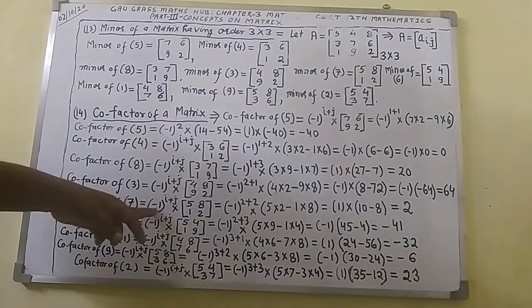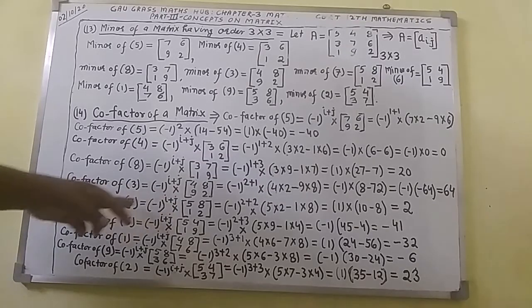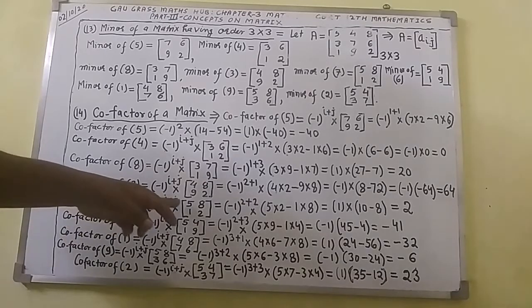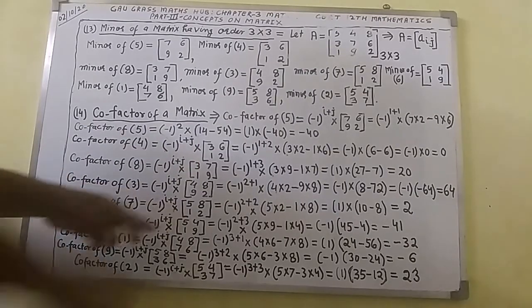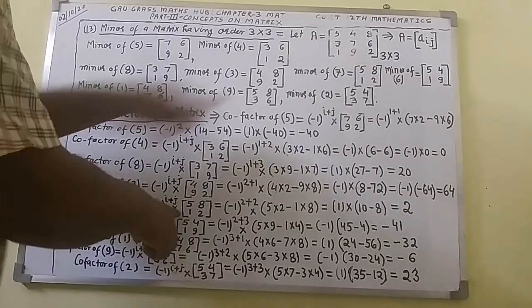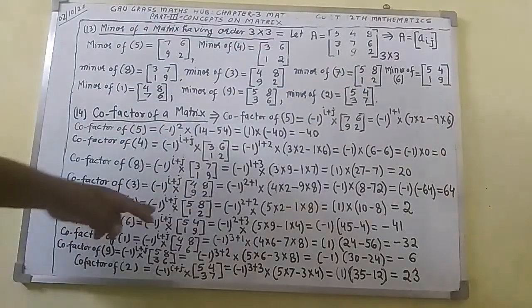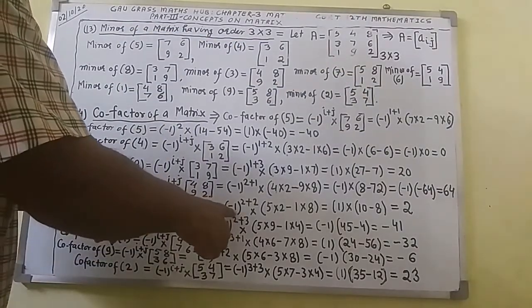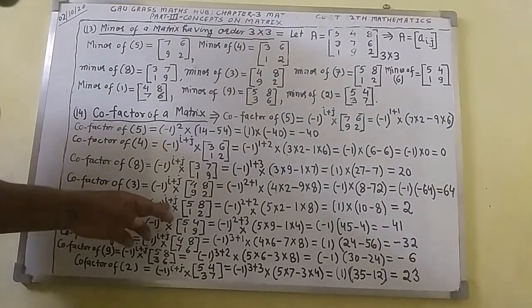Equal to minus 1, a constant fixed here, raised to power i plus j. Here i represents the row position of element 7, and j represents the column position of element 7, into the minor of element 7. The minor of element 7 you can see here is 5812. So I have written minus 1, a fixed constant, raised to the power i, where i represents the row position of element 7.